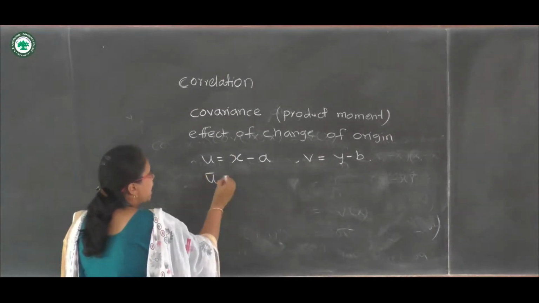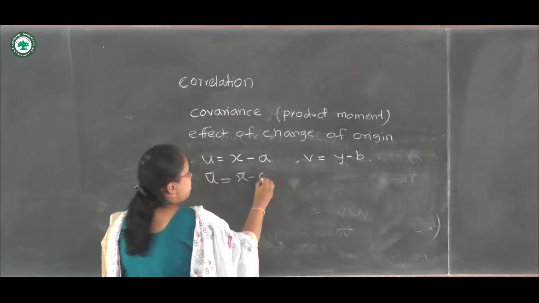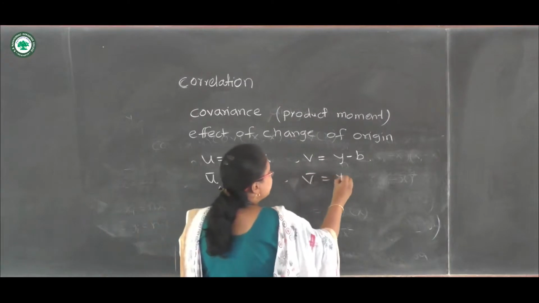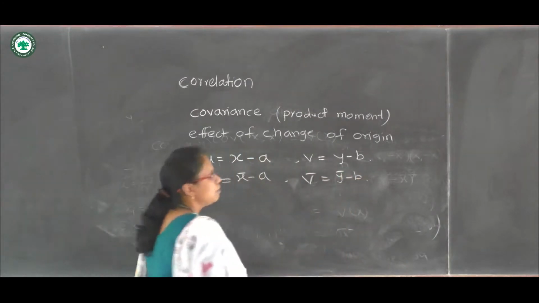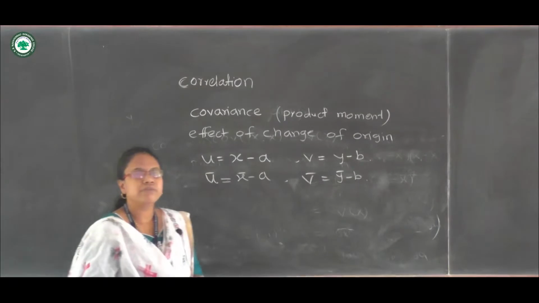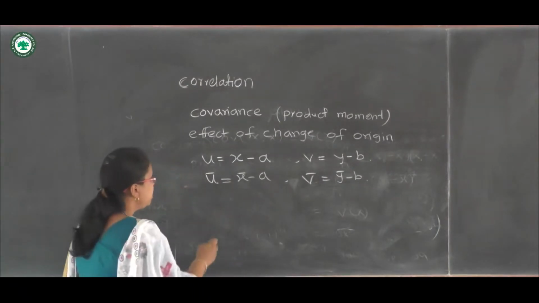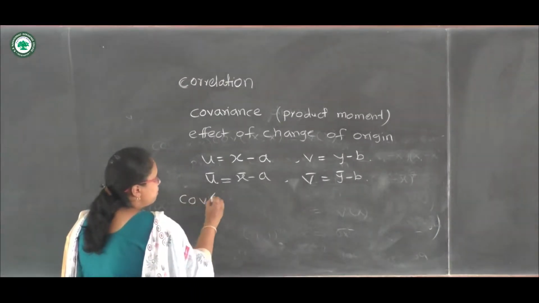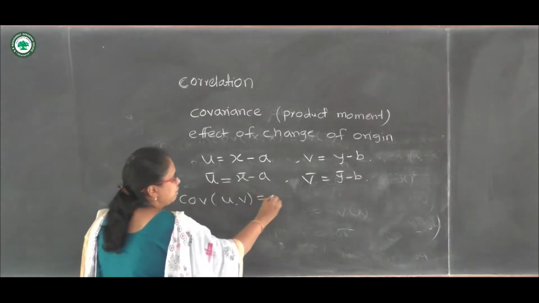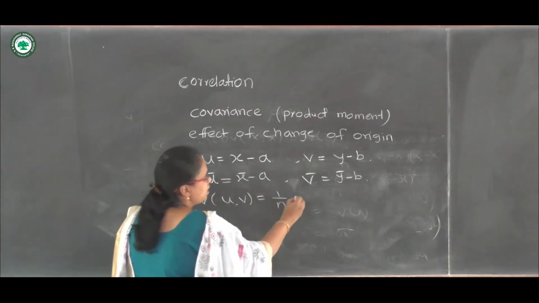We know that u bar is x bar minus a and v bar is y bar minus b by the properties of average. Now by definition, covariance between u and v can be written as 1 upon n into summation